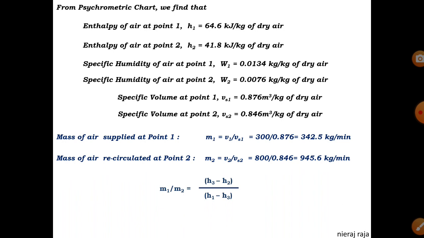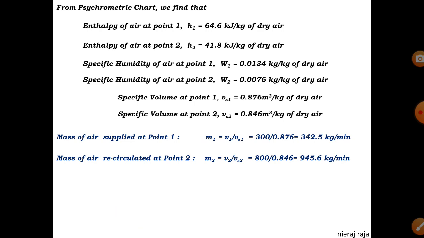Always remember, whenever there is a problem or any condition which represents the mixing of two air streams, you will have to use this formula. M1 upon M2 is equal to H3 minus H2 upon H1 minus H3, whereas H3 is point number 3, where enthalpy is in between 1 and 2. Enthalpy of a mixture, that is point number 3, H3. Simply you will have to substitute the values, and after substitution you will get H3 is equal to